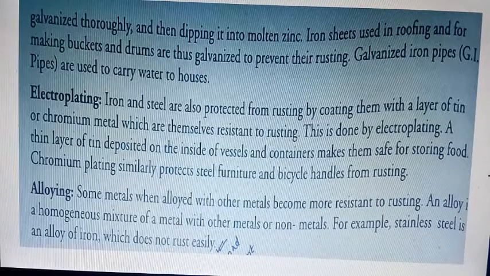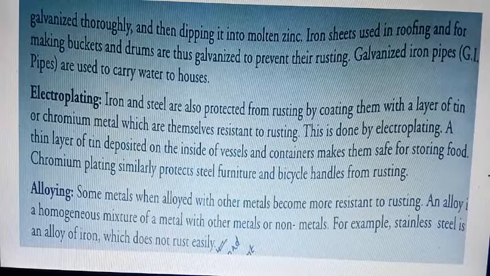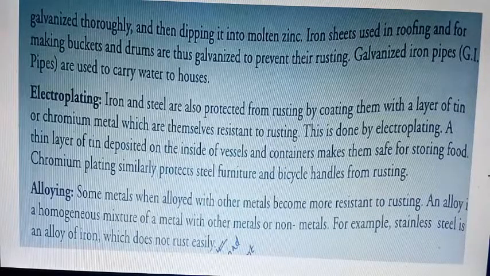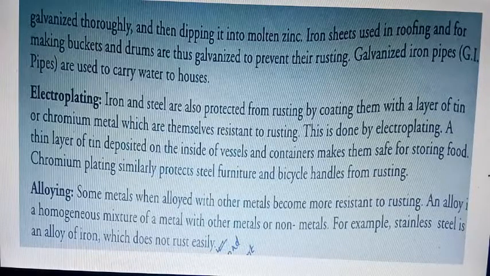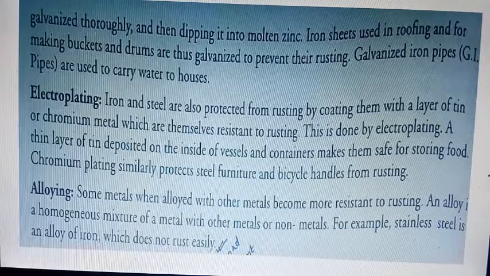So it is a homogeneous mixture. It is a uniform mixture, meaning whatever components are there in the mixture are uniformly mixed. A metal is uniformly mixed with other metals or non-metals to form an alloy, and when alloys are formed, quality can be improved. So those metals which do not get corroded can be mixed with iron to form an alloy. For example, stainless steel is an alloy of iron which does not rust easily. So in this way